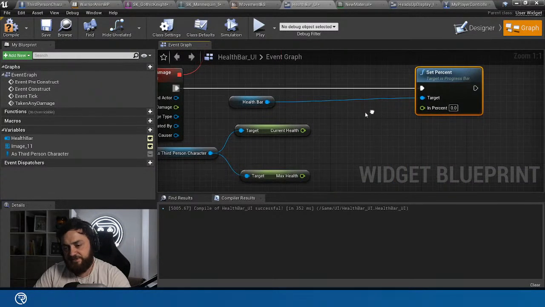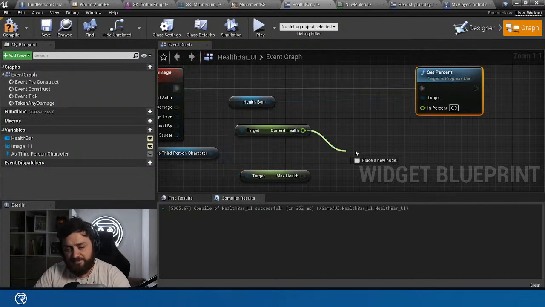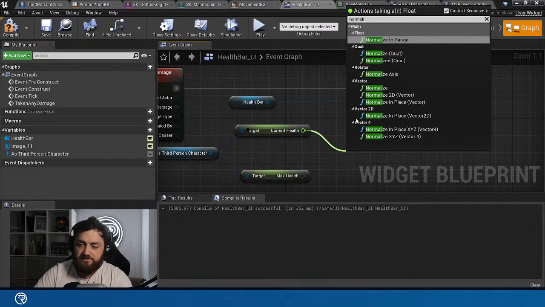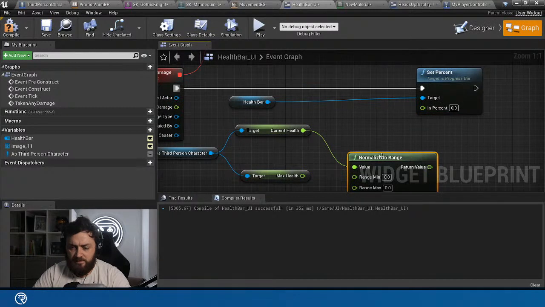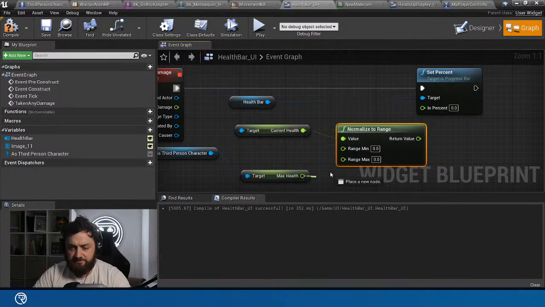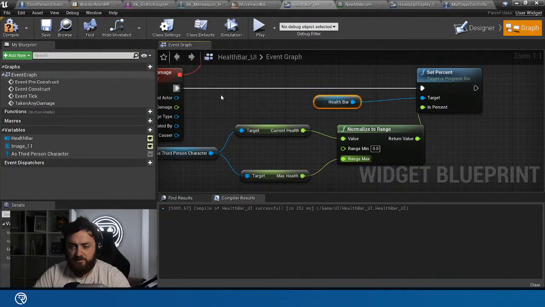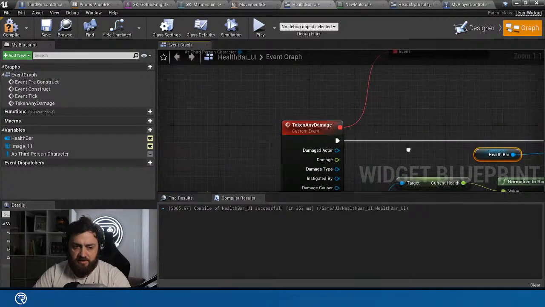And because the percentage bar goes between 0 and 1, you have to normalize this. So do normalize to range. That value will go into there. And the range max will be max health. And return value will go into there. Okay, so